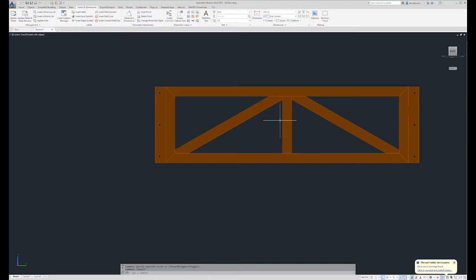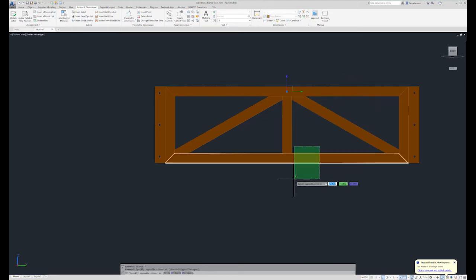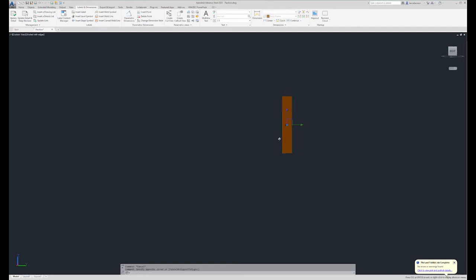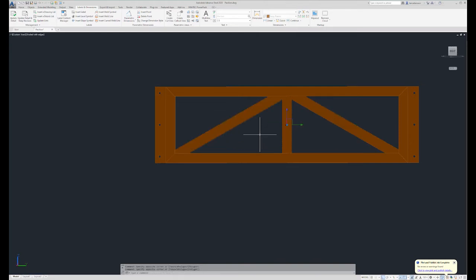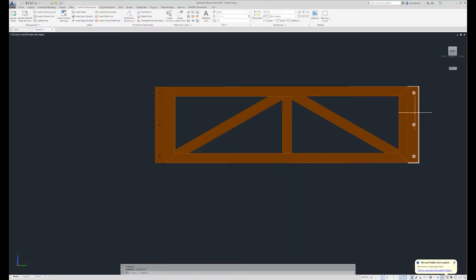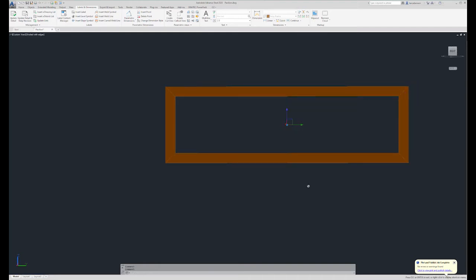So again, just my terminology. Primaries, secondaries, intermediate, diagonals, and these would be our accessory pieces, which are our shear tabs. So fabricating phase 1, phase 2, phase 3,